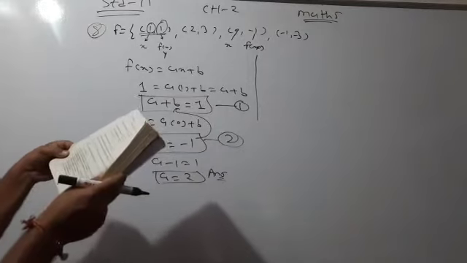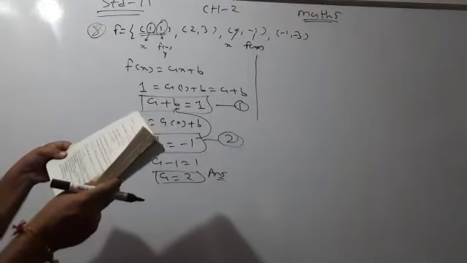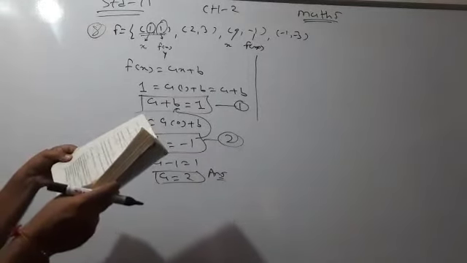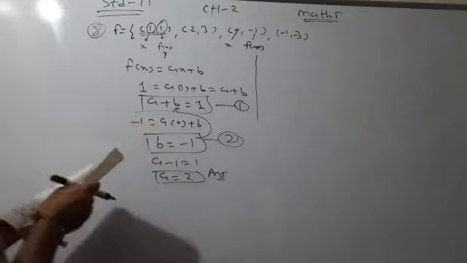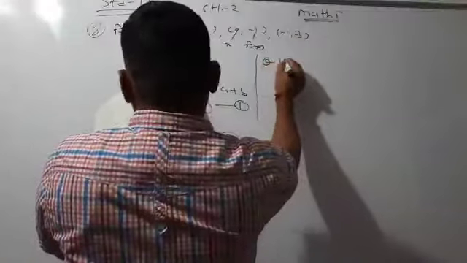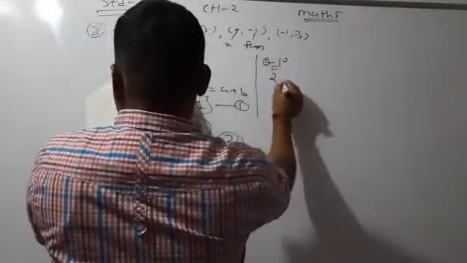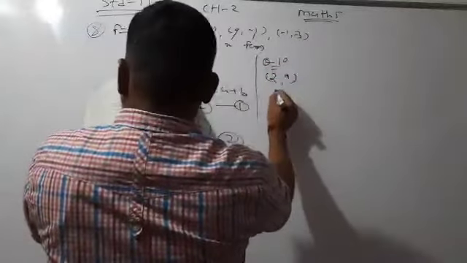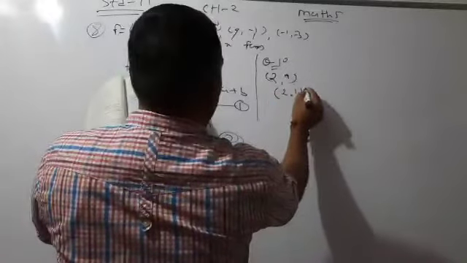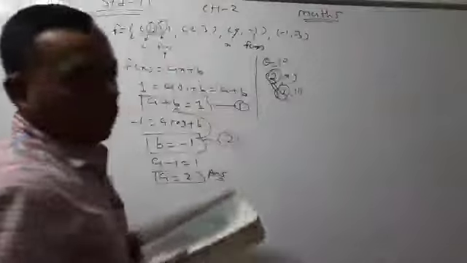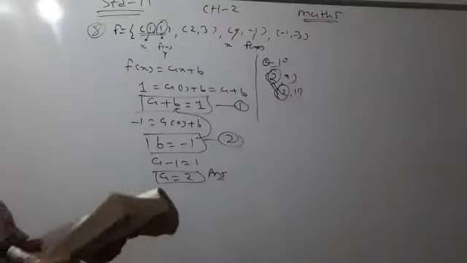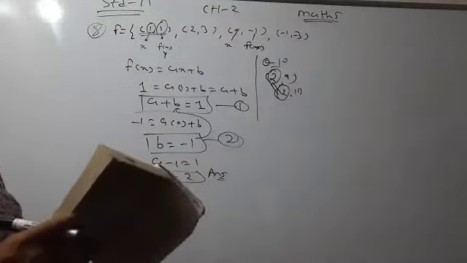Now as we know, this is a relation but this is not a function. Why? Because observe the ordered pairs. One of the ordered pairs for question number 10, I will write: one of the ordered pairs is (2, 9) and another is (2, 11). So this is not a unique ordered pair and hence it is not a function.